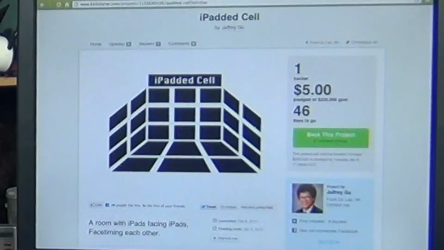All right, last one here, and this is actually kind of neither here nor there. It's really funny. I don't think it's going to go anywhere. There's 46 days to go. One backer to it. Some guy from Fond du Lac, Wisconsin. I've been there. They are crazy up there. Just kidding, Fond du Lac, Wisconsin. But this one's pretty crazy.